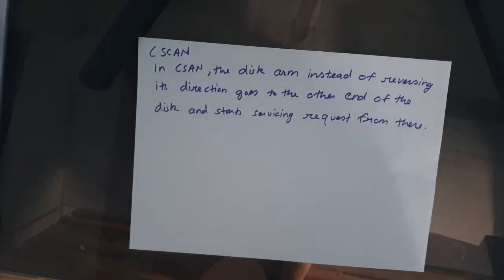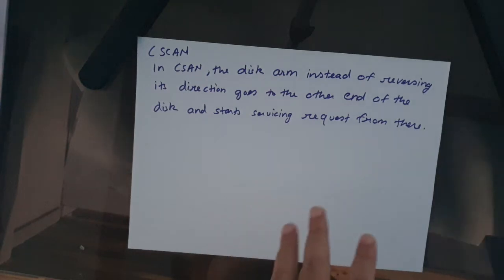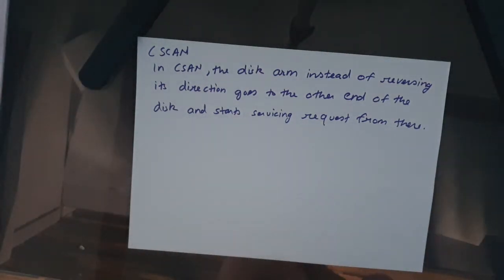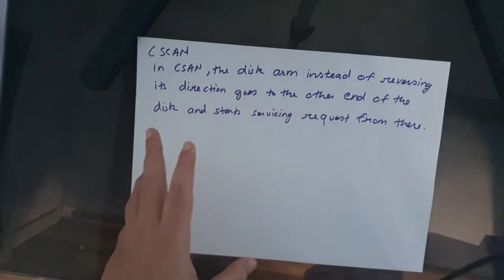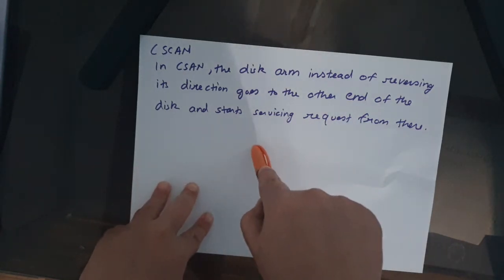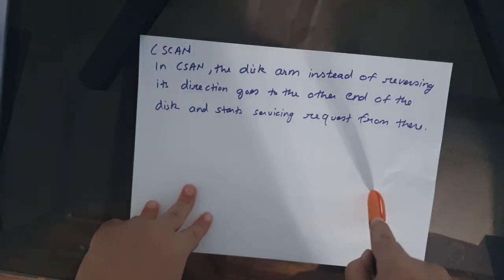One that we have on our list is C-scan. C-scan is kind of inspired by the scan algorithm, but a little bit different, of course. In this disk, instead of reversing its direction, it will go in one direction like the scan. Like the scan, it will start from a point and then go towards the right, serving all the requests.